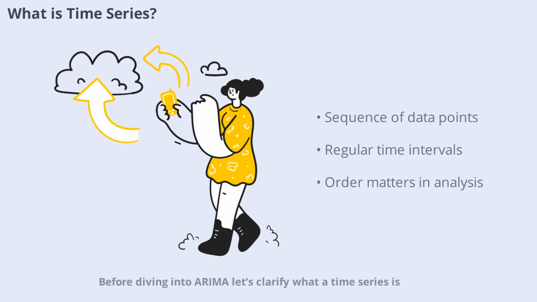Before diving into ARIMA, let's clarify what a time series is. A time series is simply a sequence of data points collected or recorded at regular time intervals. Think of daily temperatures, monthly sales, or hourly website visits. The key feature is the order of the data, as each point depends on the previous ones. Analyzing time series helps us uncover trends, seasonal patterns, and unexpected changes. This foundational understanding is crucial, as ARIMA models are specifically designed to handle such data, making them invaluable in forecasting